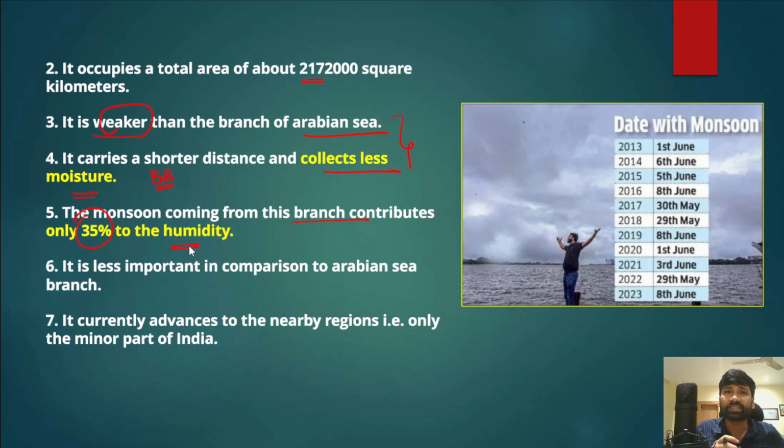And because of that reason, we can say that it is less important compared to the Arabian Sea branch, because it is contributing only 35% of the total or overall humidity. So it is less important in comparison to the Arabian Sea branch when we talk about the Indian monsoon and its two branches, right? So I hope it is clear for all of you that this is how the Indian